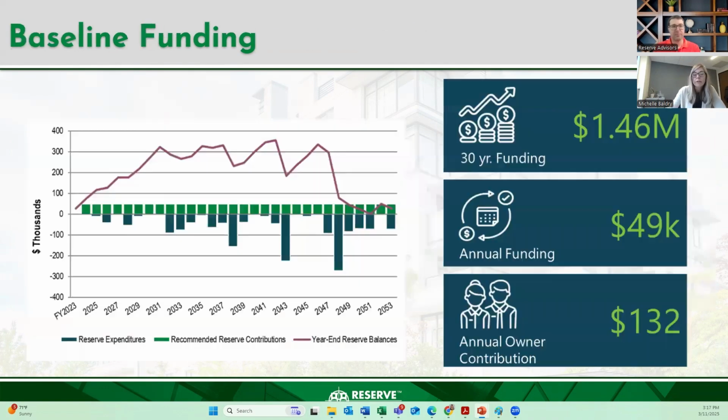So for that, we wanted to walk through an example showing those three funding scenarios. So same exact expenditure plan, same needs of the community, and then three supporting funding recommendations. I think this is a graph that we include in all of our executive summaries, and it truly is a graphical form of the funding plan. And what this graph depicts is that line is the reserve balance. The green bars are the reserve contributions, and the blue bars are the reserve expenditures.